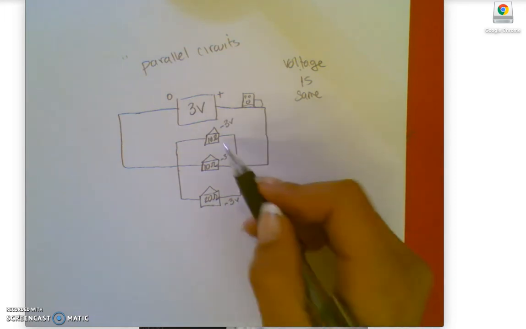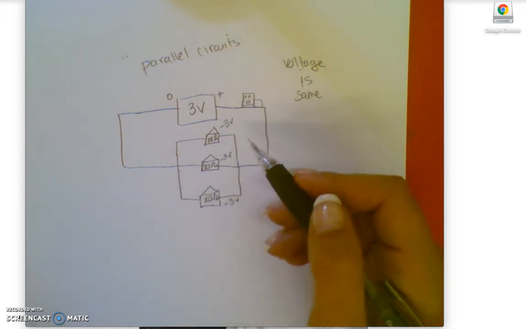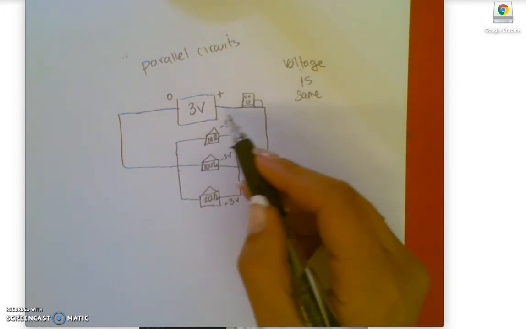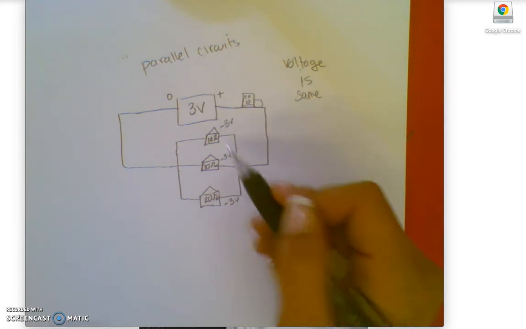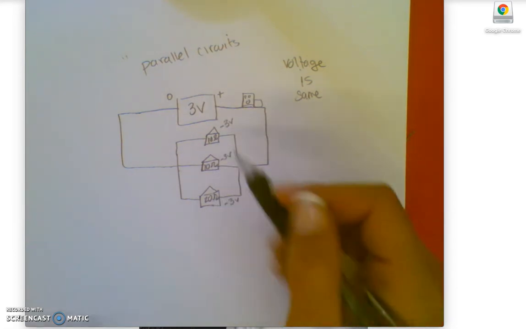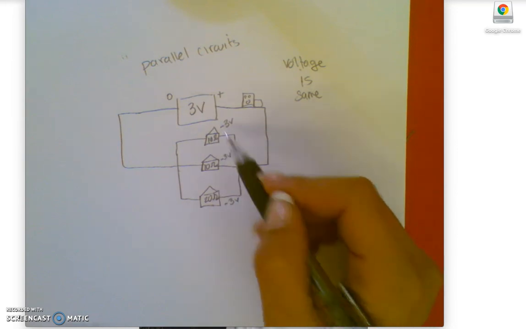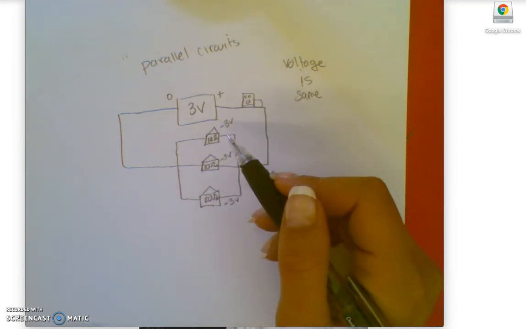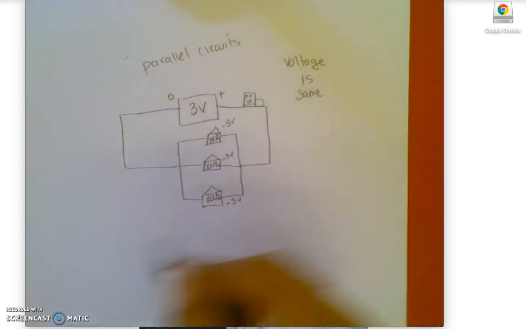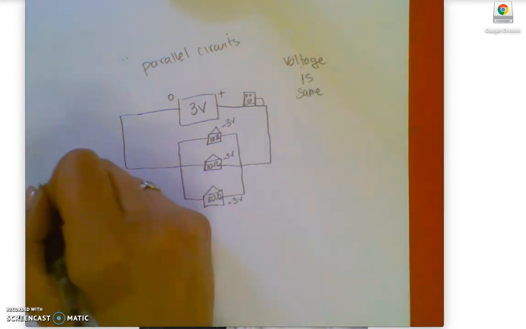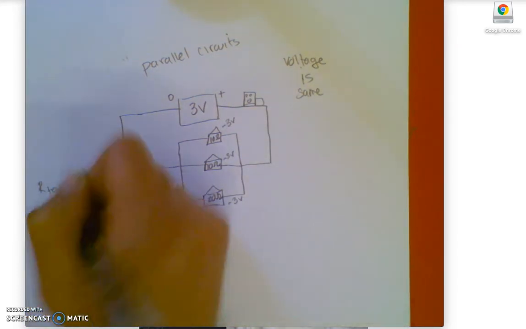The way that we combine resistors here in order to find the total current coming out of the factory, we need to know the number of trucks coming out before we can figure out how many go in each place. In order to find the total number of trucks, we have to add up the resistors. Parallel resistors add up much differently. So when we add a parallel resistor, we say that R total, or 1 over